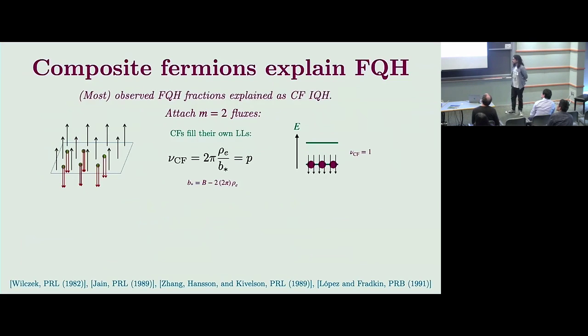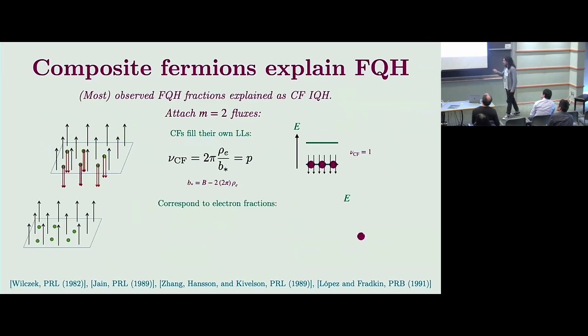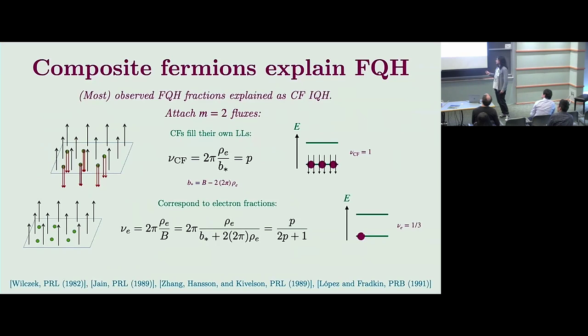All right, so if I consider just the composite fermion example, where I attach an even number of fluxes, it's possible to actually explain the vast majority of quantum Hall phases seen in nature. Say I attach 2 fluxes for specificity, then my composite fermions are going to feel a screened magnetic field, and say I postulate that they fill p Lambda levels. Okay, so they're going to form an integer quantum Hall state now. And if I work out the corresponding filling fractions of electrons, what we'll find is this famous Jain sequence of fractional quantum Hall fillings. For example, here, the 1/3 state.